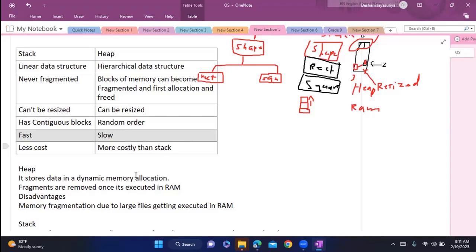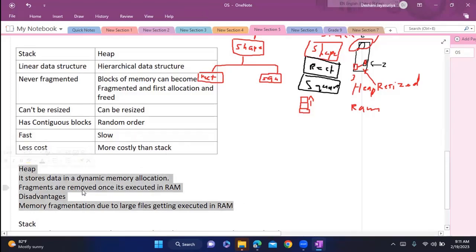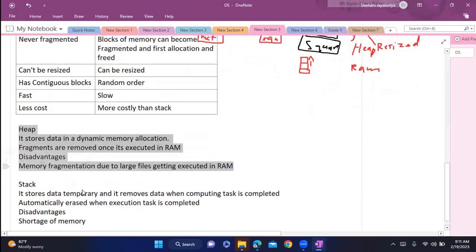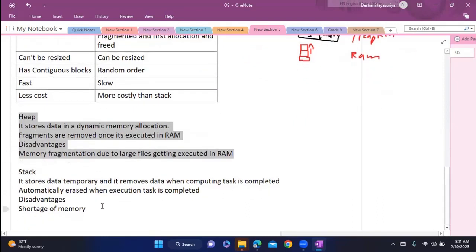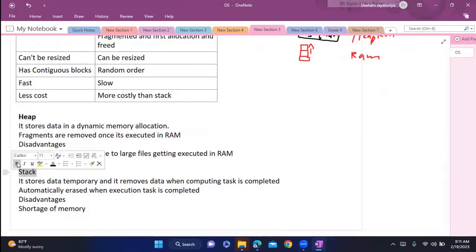Because of fragmentation, heap is getting slow. That's a disadvantage here. So that's the part that I wanted to add. These are some of the features of heap and RAM, and stack. It is important. You can see we just did only one slide,